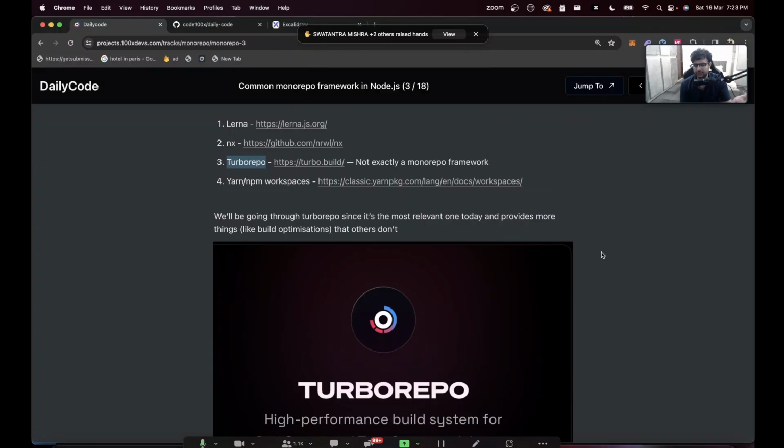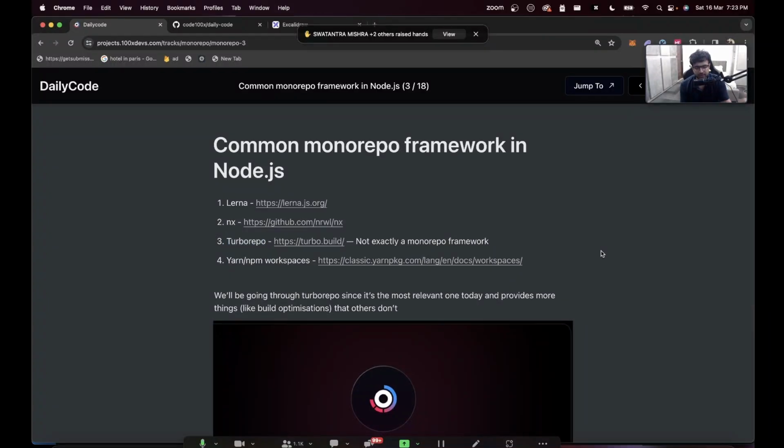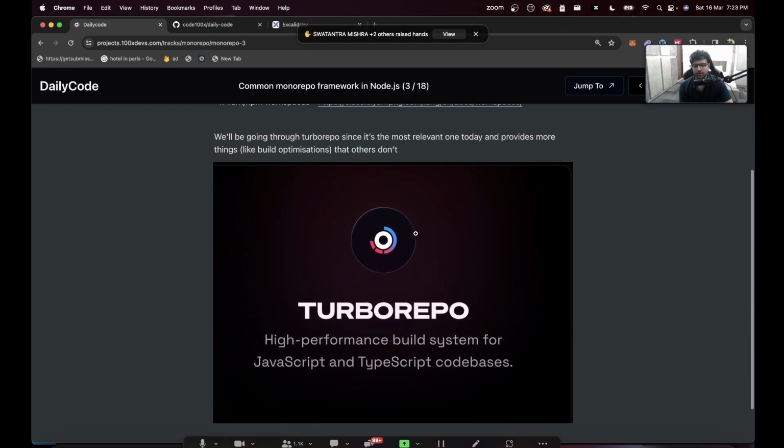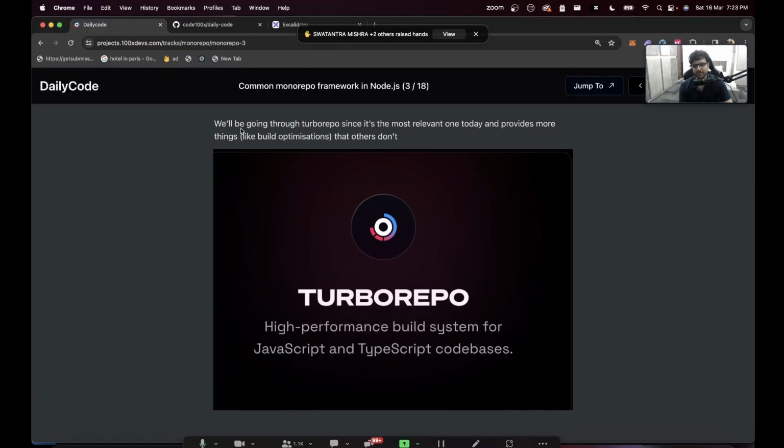Even if you don't understand this slide, it's fine. The biggest thing to learn is just this line. We are going to use TurboRepo, which, for now, is a monorepo framework. Just like Express is a framework for writing backend HTTP servers, TurboRepo, the name itself says turbo repo, which means giving powers to a repository, lets you create monorepositories. We'll be going through TurboRepo today since it's the most relevant one and provides more things and more optimizations